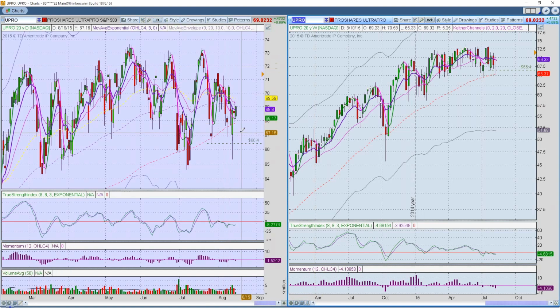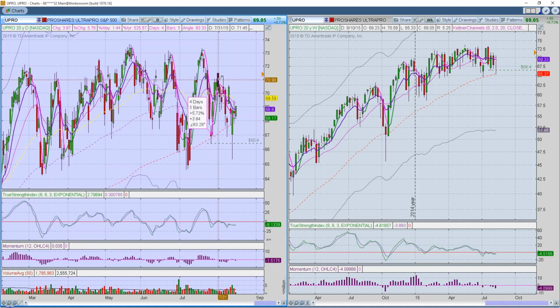So let's see, what day is that? Okay, back here is where we got our initial alert, Dorothy. If someone would have been aggressive, in that alert I said if you're aggressive you can go ahead and buy into UPRO right now. There was a move from here back up to resistance at 71, and that little bounce was equatable to just about 5.7%. Is that the question you're asking?